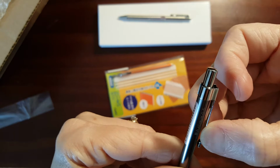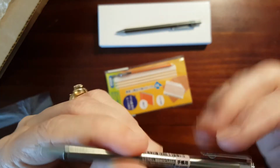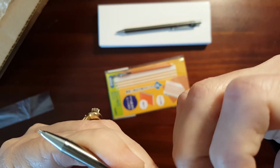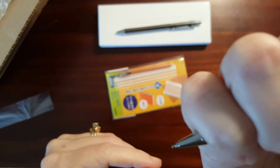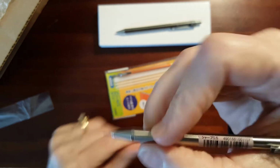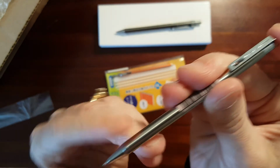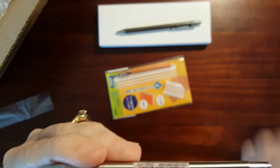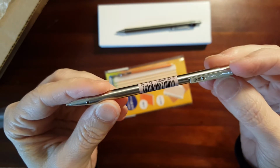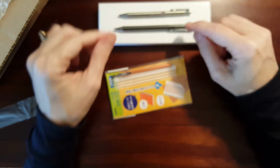Let's see. I don't know how well it would do, might be a little too stiff, but this one's pretty loose. I don't know. Let's see. The click mechanism is nice. If you know, if it's the smaller the better, the Zebra would be your best choice, but so far I'm liking